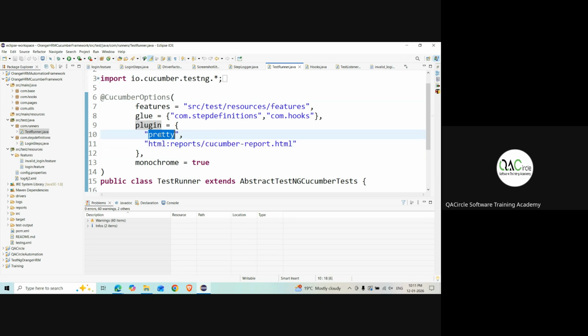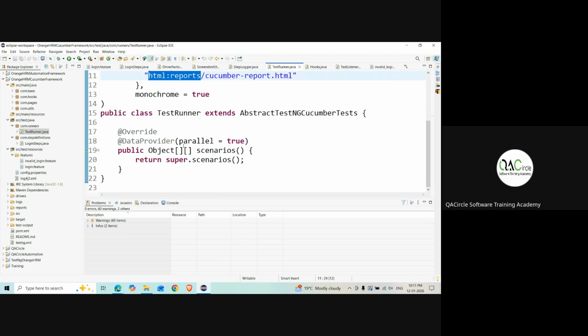It should be a pretty design of the report, and it should be in HTML format rather than XML or another format. Okay, understood? Yes, sir. Last but not least, we're running in parallel. If you put false, each scenario will execute one by one. If you put parallel equal to two, browsers, two threads will be launched. So we can run this in two ways. I've also added it in the